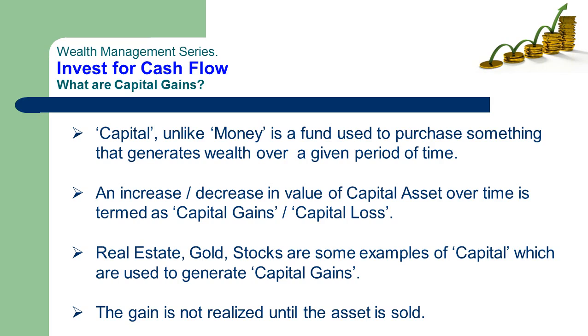Money is typically what you use for your expenses. You want to buy food and eat, you want to buy some clothes and consume. That's what money is used for. But if you're going to put your money for use, you're going to buy something that's either going to grow in value or something that's going to generate wealth over time, something physical. That's what's called capital.